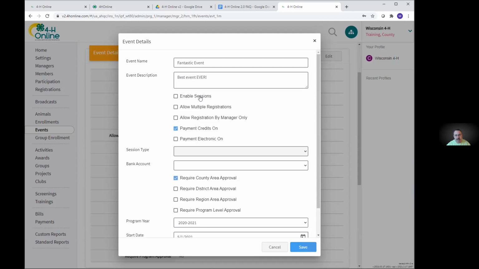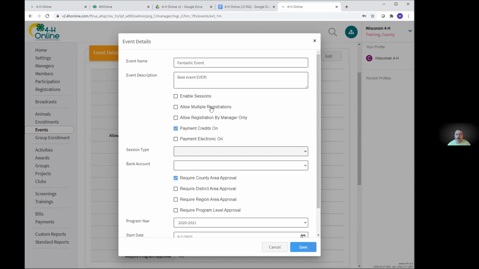So sessions is not if you are having a project learning day, and between 9 and 10, you have 5 different classes, and that's the first session. And then 10:30 to 11:30 is your second session. That's not what sessions are talking about here. But for now, we'll just leave that unchecked.